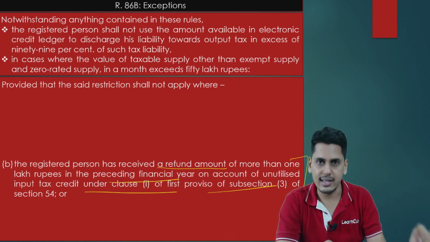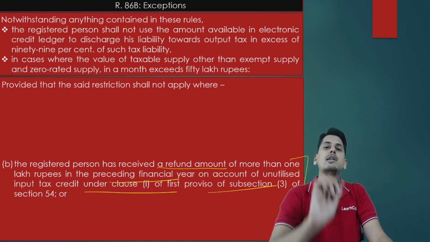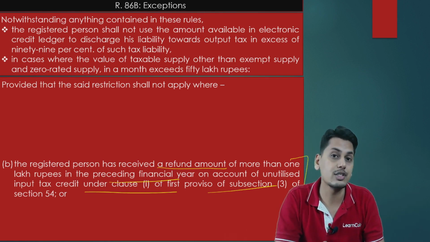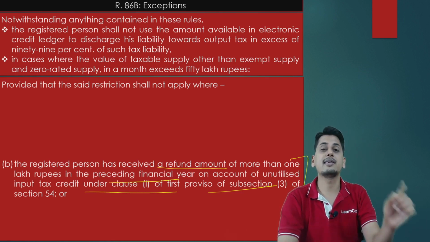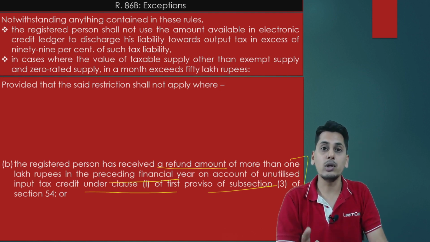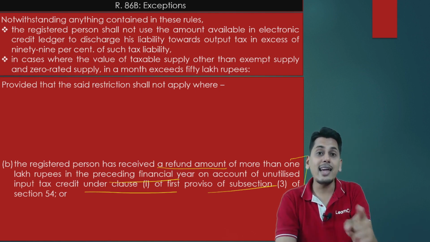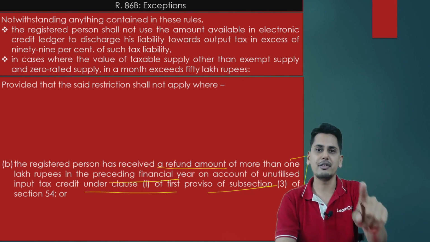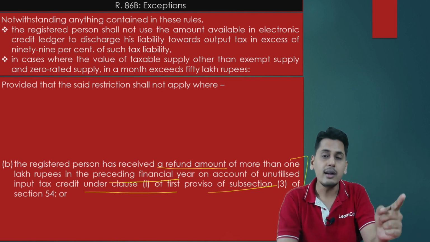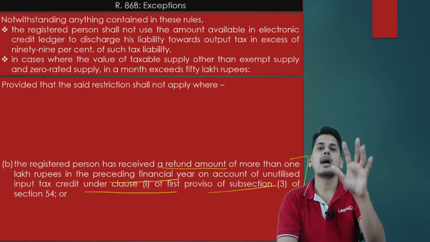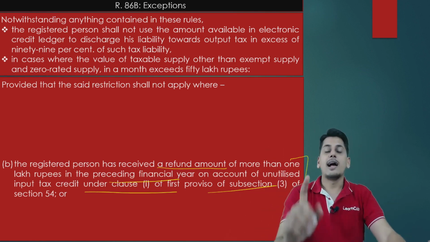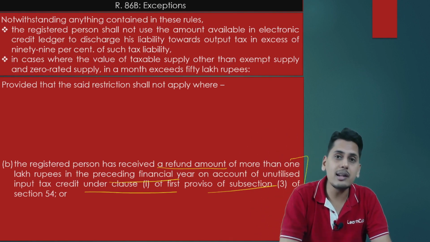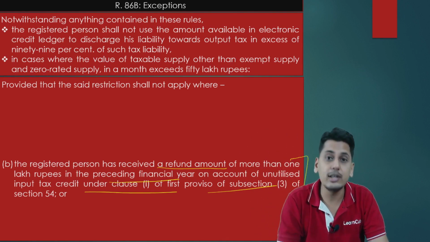It goes on further and says that 86B will not apply to those exporters. It is not a blanket relaxation given to all the exporters. It says 86B will not apply to those exporters who have claimed a refund of an amount exceeding rupees 1 lakh in the preceding financial year for making zero rated supplies under letter of undertaking. I repeat, if there is any exporter who has claimed a refund of an amount exceeding rupees 1 lakh in